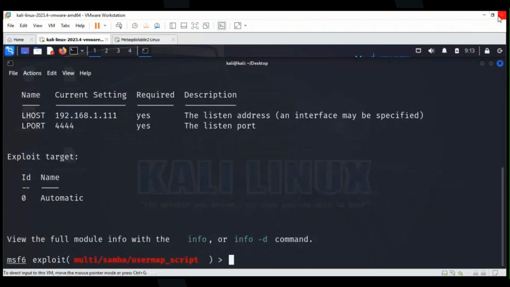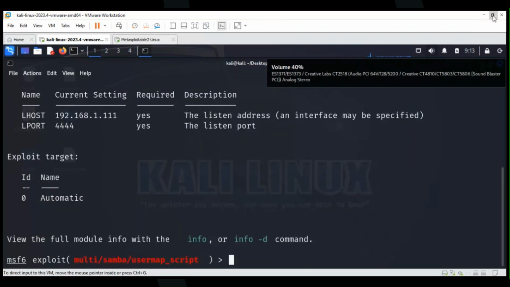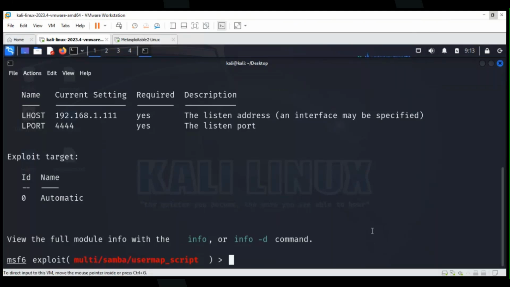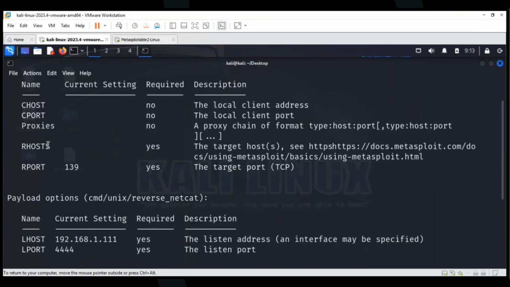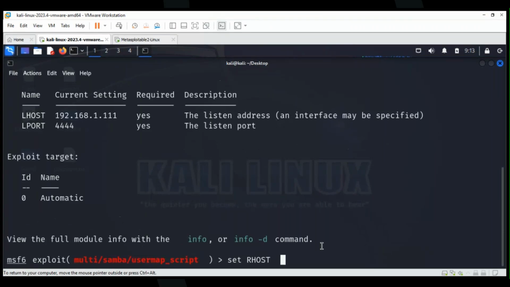If you want some more information, you can make use of this. So type set RHOST, because RHOST is still empty. Look at this, RHOST is empty. Current setting is nothing. So you type RHOST and